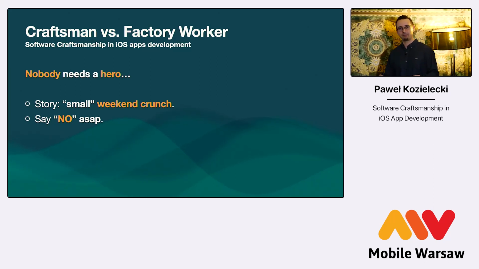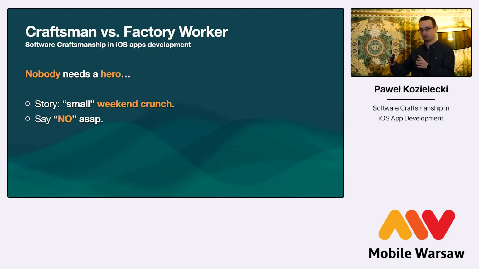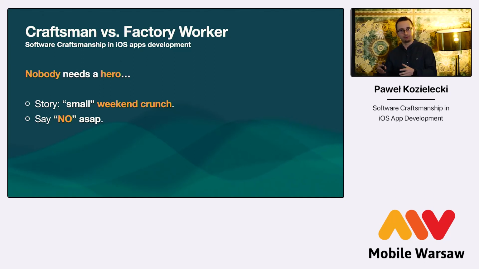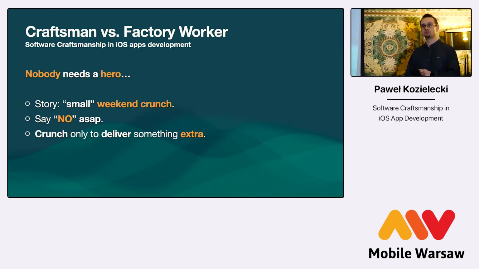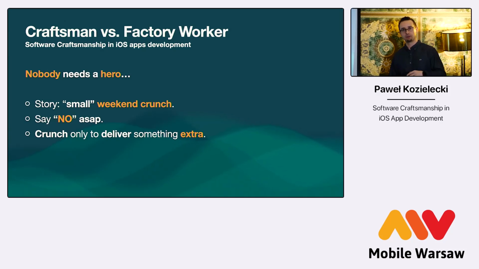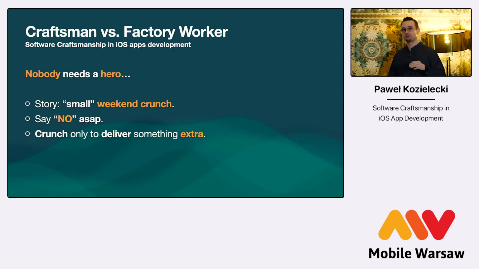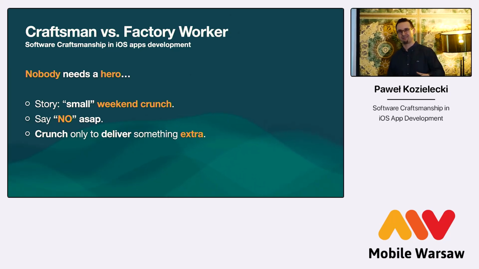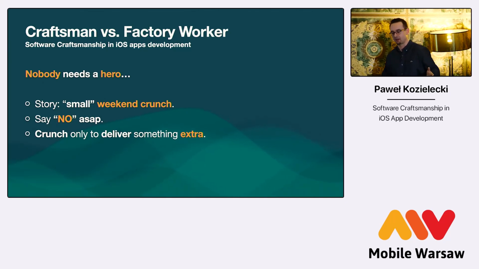Say, okay, this is what you're asking me to do, it's impossible. However, there are options 1, 2, and 3 you can choose from that's doable in that timeline. Next, if by some miracle you want to crunch, do some overtime, do it only to add extra value to your release. So you just complete the sprint, you have a killer feature in mind, and you're determined to release it as soon as possible. Yeah, that's the only acceptable crunch, if there is something like acceptable crunch.